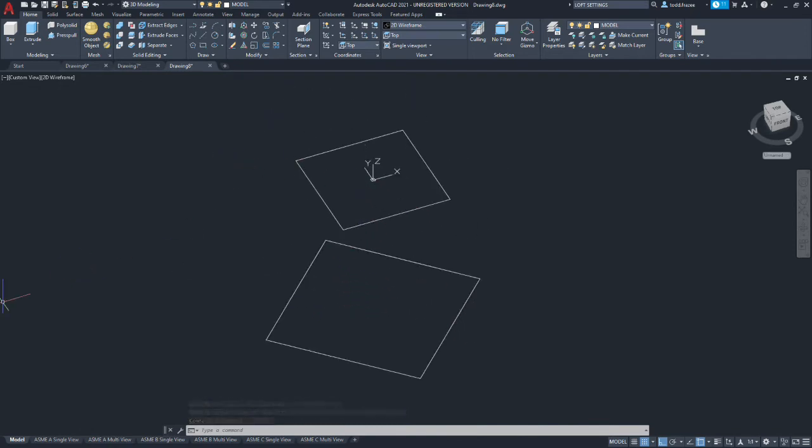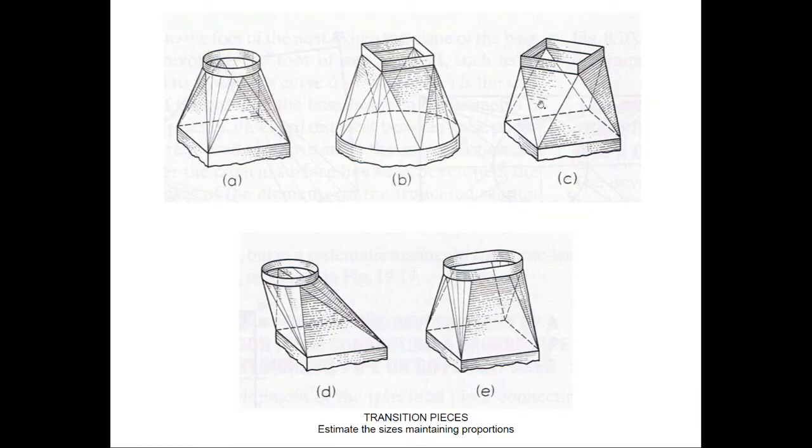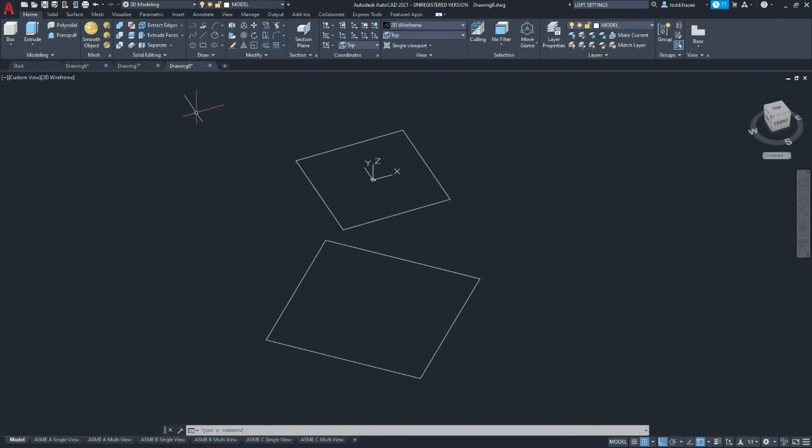Okay, so if we go back to our drawing, it looks like we have a series of triangles that make up our shape. If we just loft between these two, it's going to make like a twist, almost like a thread. So we need the guide curves in there. So we're going to draw lines between the corners.